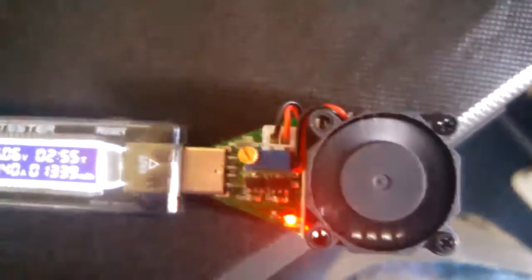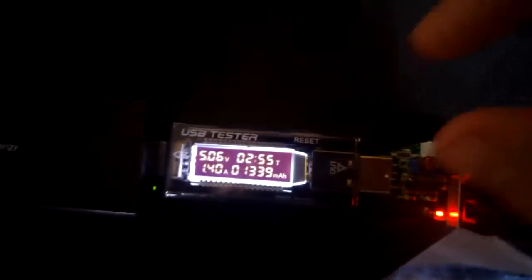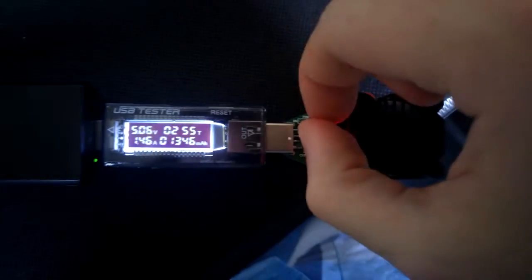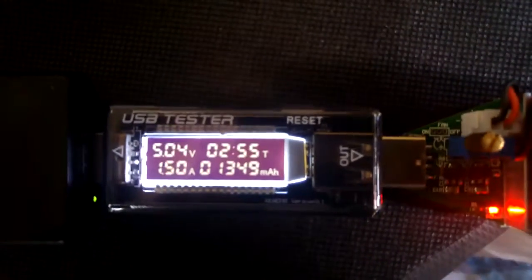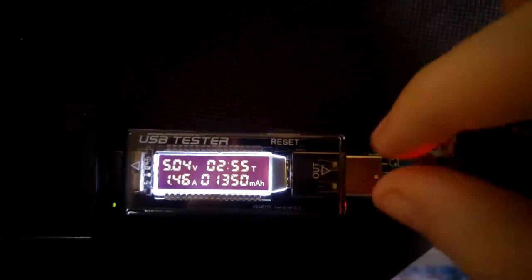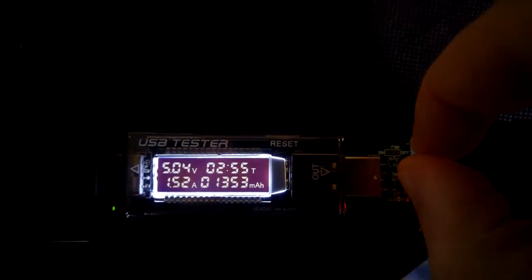The little thing is actually spinning. Little fan, I should say. 1.4 amps. We should be getting at the limit. So let's ramp it up a little bit more. Okay, we're at 1.5 amps. Well, around that roughly. I wonder if we can exceed this, or will it put...